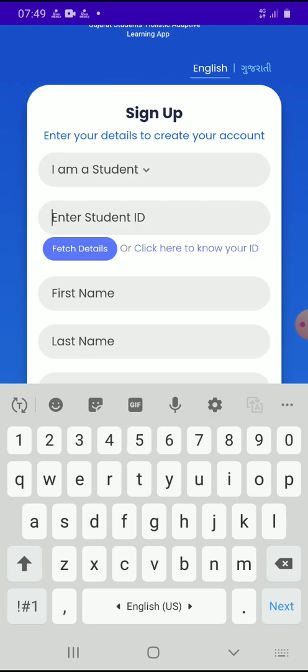Remember, student ID does not mean your roll number or your GR number. Student ID is an 18 digit number. As an example, here I am entering one student ID. See that you enter the correct student ID.